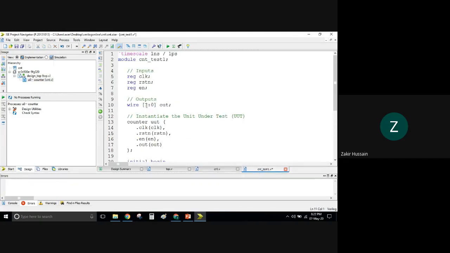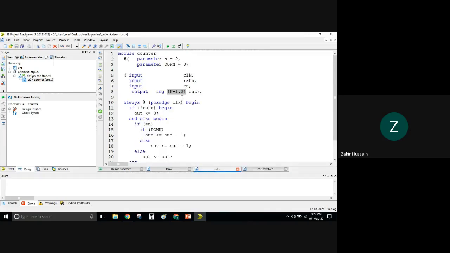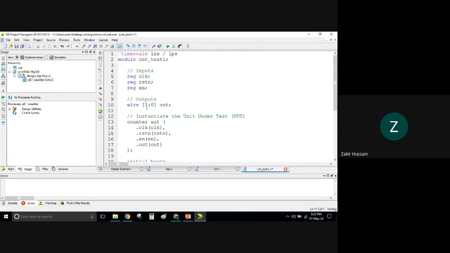It has taken 1 colon 0. Meaning, the moment it generated the template, this 2 was substituted here, so 2 minus 1 has become 1. So that 1 colon 0, the tool intelligently has taken. So this size is important.